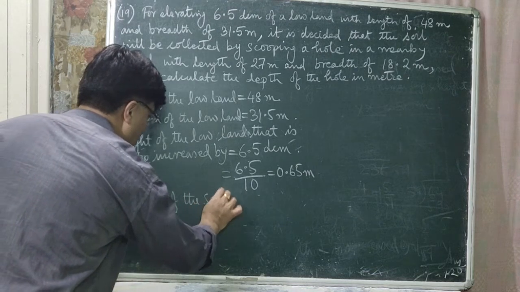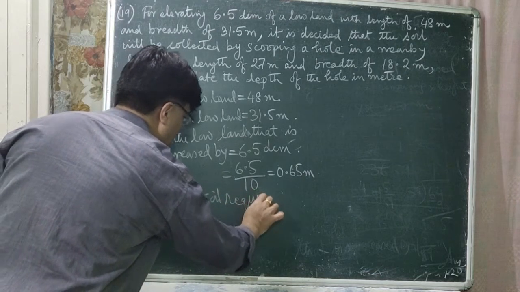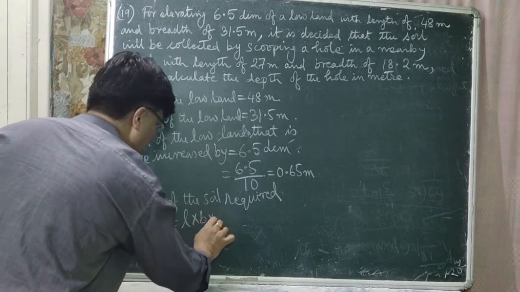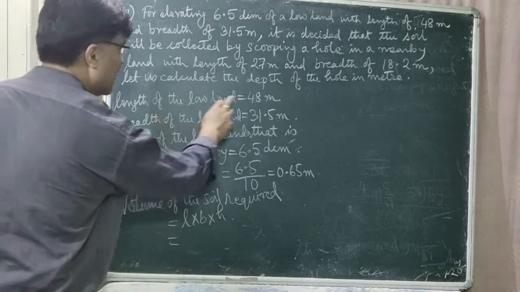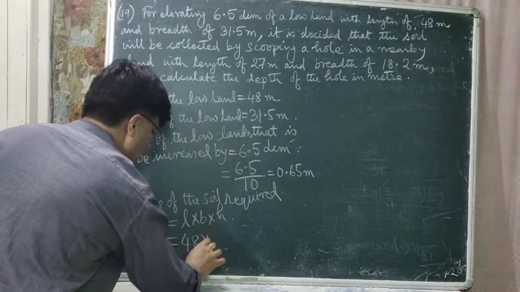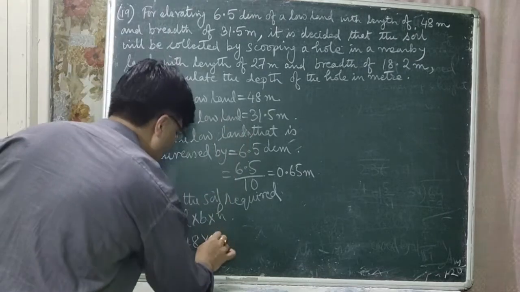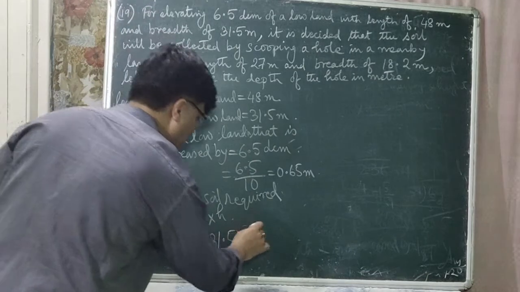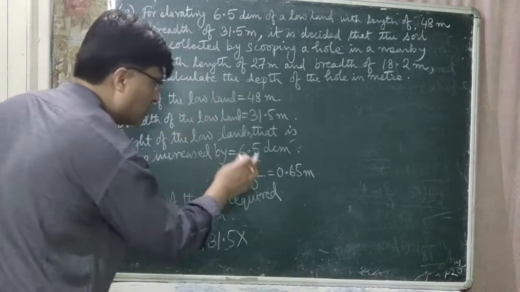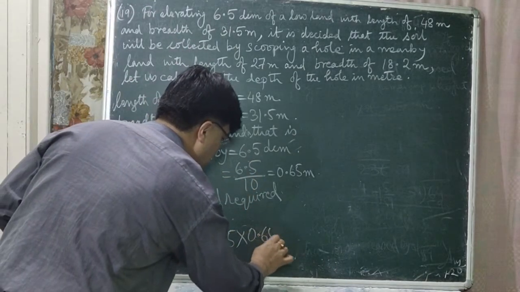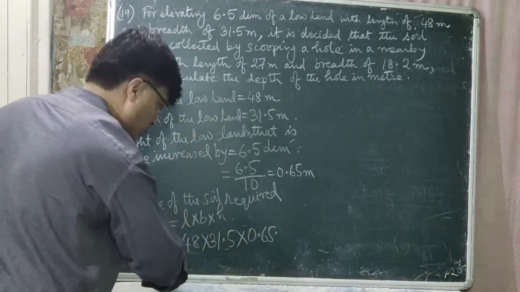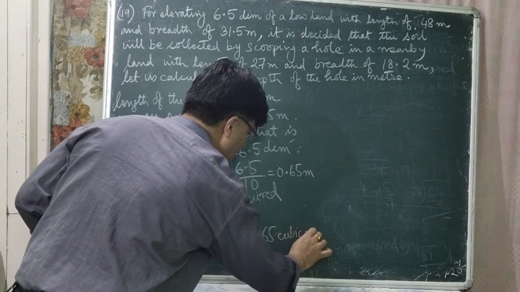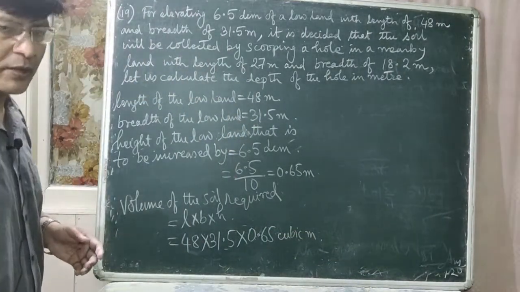volume of the soil required is equal to L into B into H. The length कति छ यहाँ 48. What is the breadth 31.5 and what is the height here? Height to be raised is 6.5 decimeter. In meter it is 0.65 meter. सो यसलाई सिम्प्लिफाई नगर्नु, यतिको राख्नु। यो युनिट के हुन्छ? भोल्युम भनेपछि क्युबिक मिटर हुन्छ।